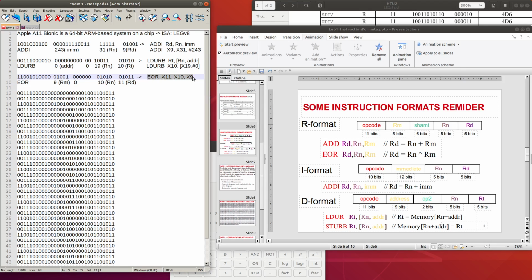This one should be located here. So we have this is the exclusive OR between X9 and X10, and then the value will be written into X11.